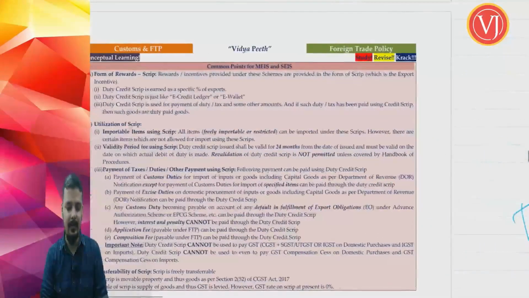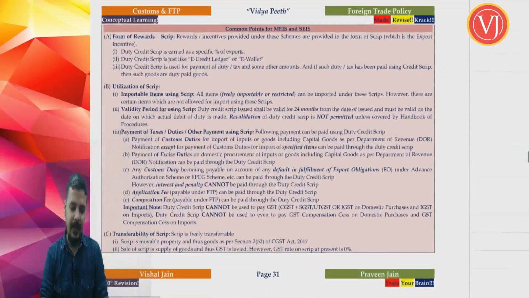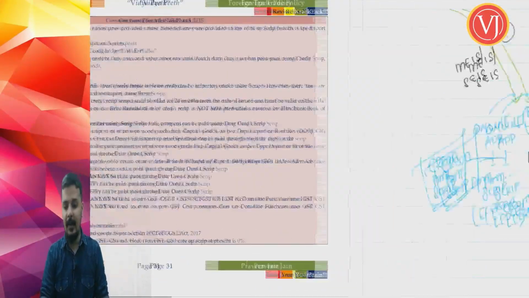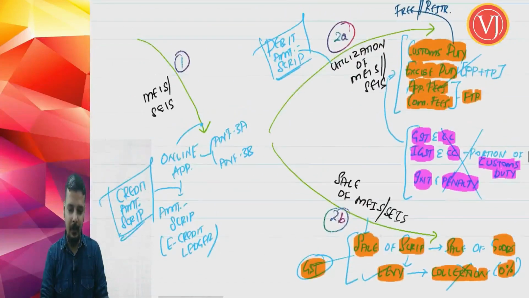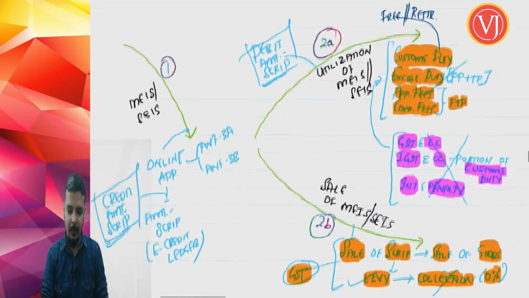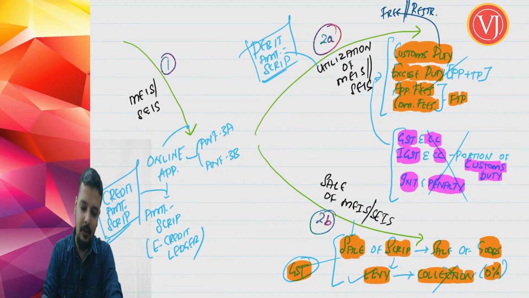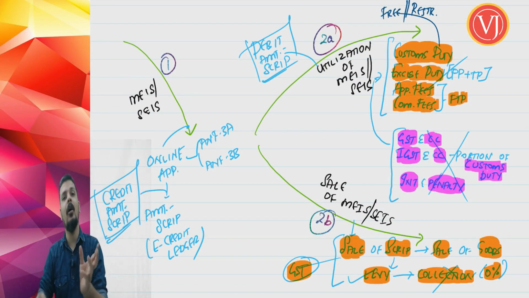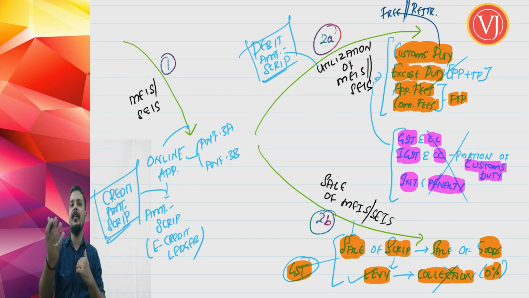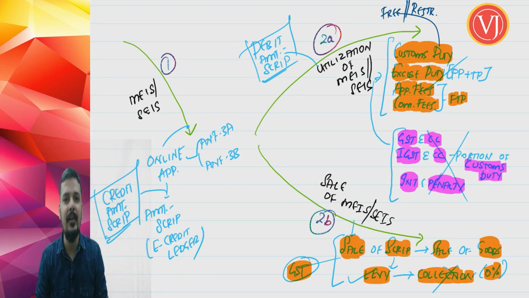So in this entire discussion, one small point I have left out. You have to use the scrip. When you are talking about usage of scrip, whether by you or by the person to whom you have sold, think about what the other person will do with the scrip. I don't have any usage of scrip because I don't have any customs duty, but when I am selling the scrip to you, you may be importing certain goods, you may use the scrip for paying your customs duty,